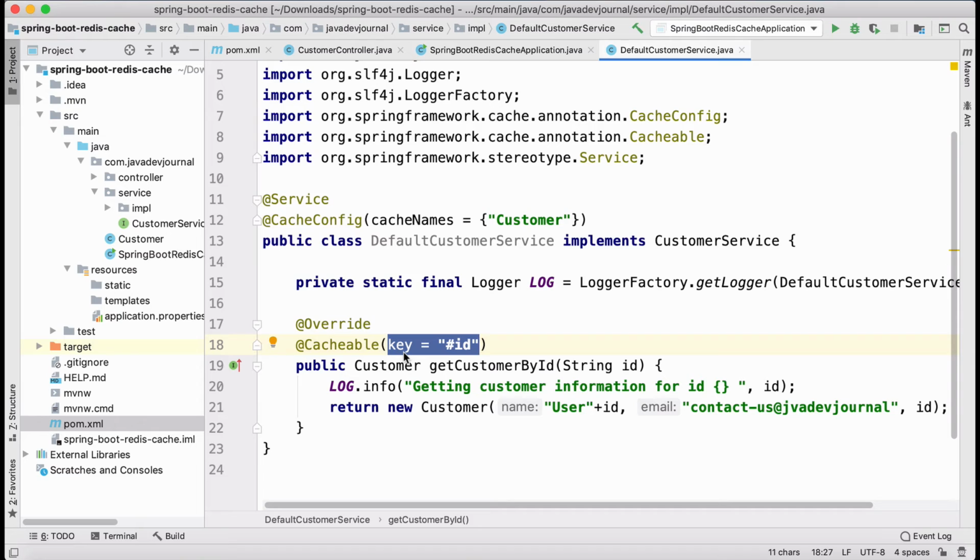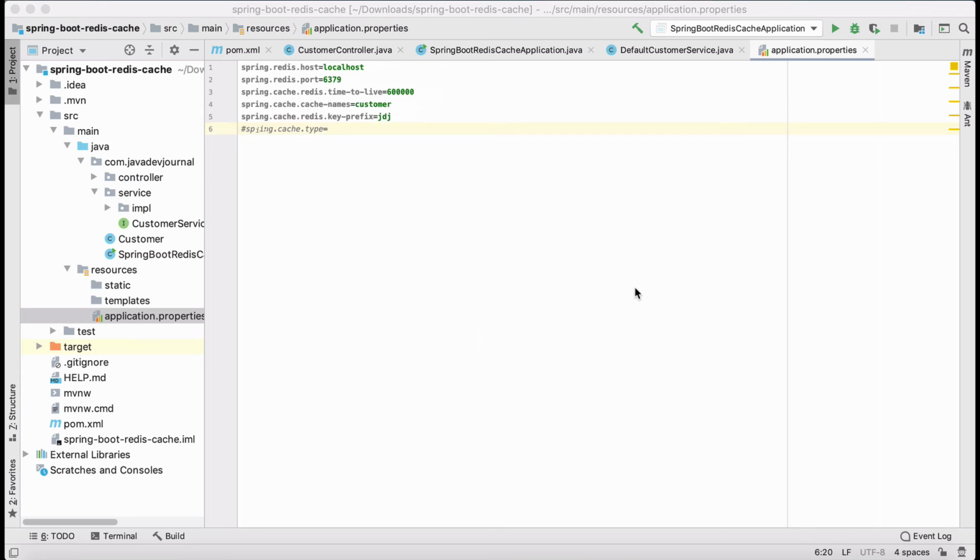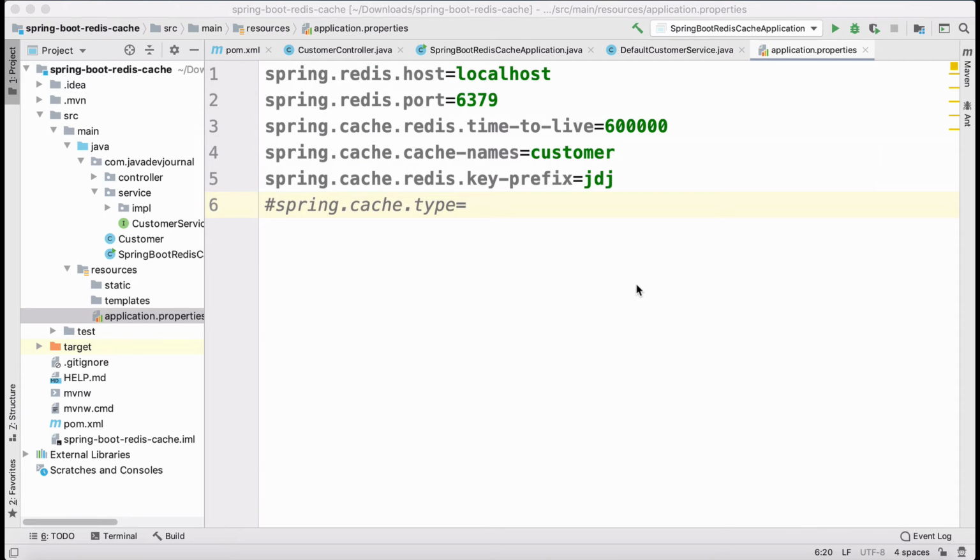If it's on a local machine, it might be localhost. If it's a remote server, probably it might be an IP or a DNS. What is the port number where it is running, and there are a few other configurations. I'm going to give you an overview of those.